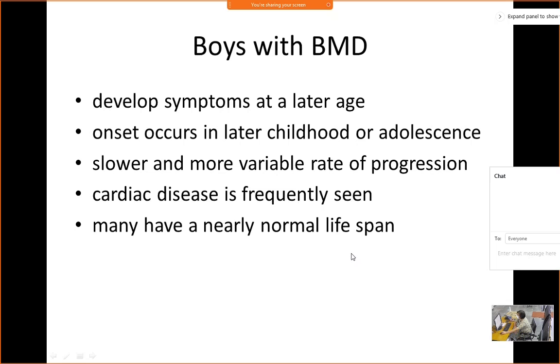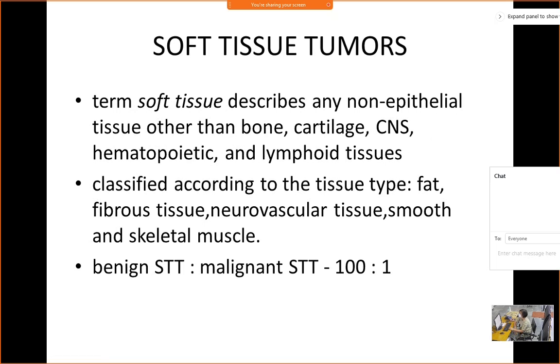So objective questions which will come can be on the dystrophin gene. You have to tell the difference between Duchenne's and Becker's, at least 2 to 3 differences. The first difference is the dystrophin gene. One is defective synthesis, the other is mutation. And then of course, clinically, you can mention that Duchenne's presents earlier, Becker's presents later, and Duchenne's is much more severe. Becker's may have a normal lifespan. Okay, so these 3 differences you can mention.